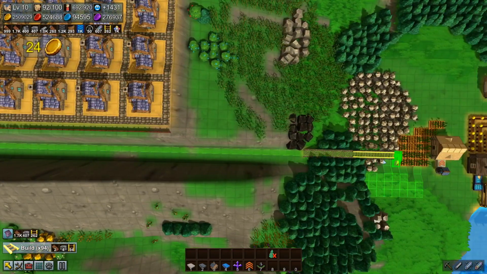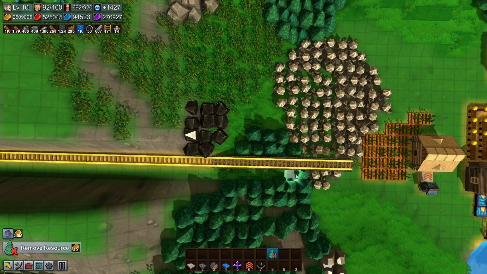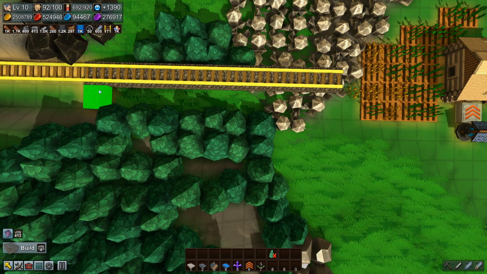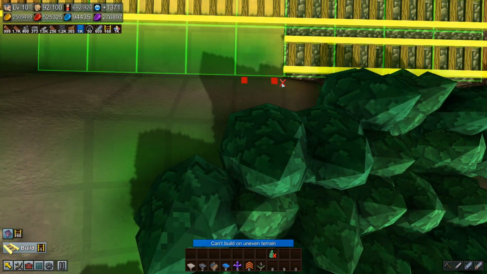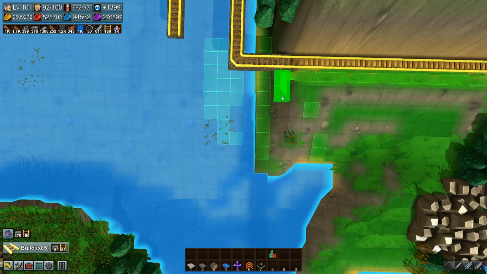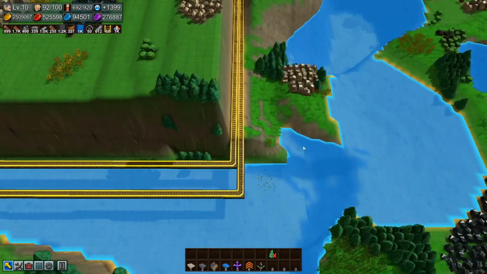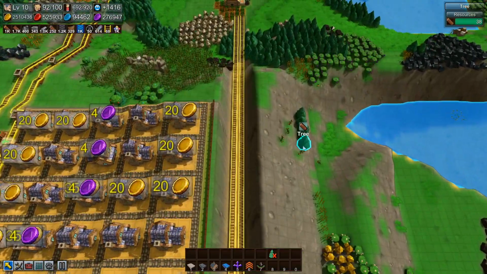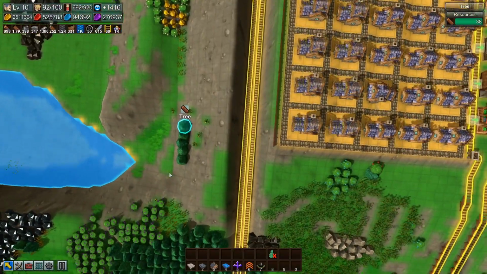Let's put this line back in, like so. Let's remove trees there. I'm not worried about the mana crystals so much. Let's put in that there and build that one out to there. And then build this one down here. Zoom, zoom, zoom. Do there. Okie dokie. There we go. We have our rail, our deep in the valley rail, which looks...